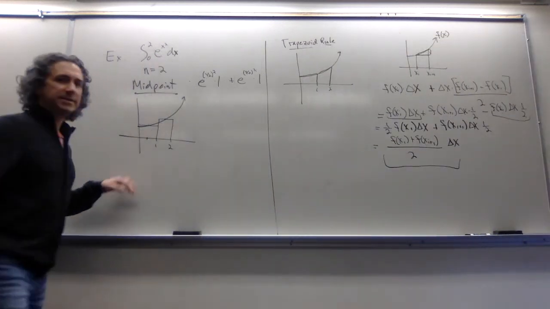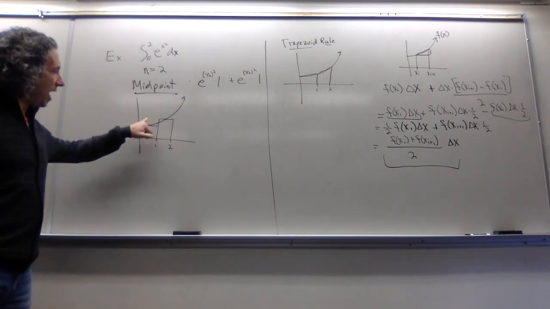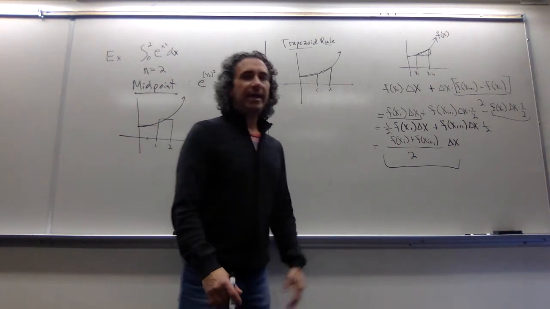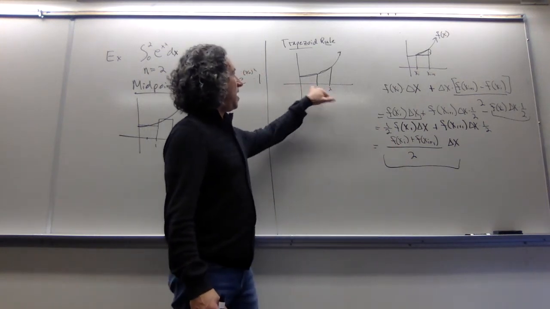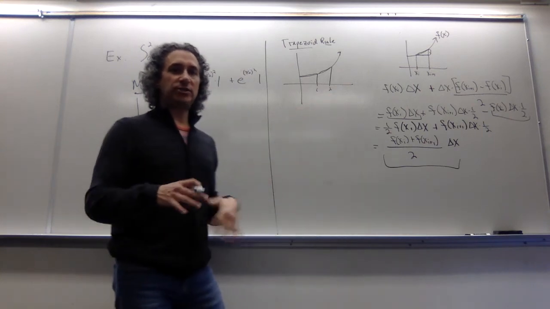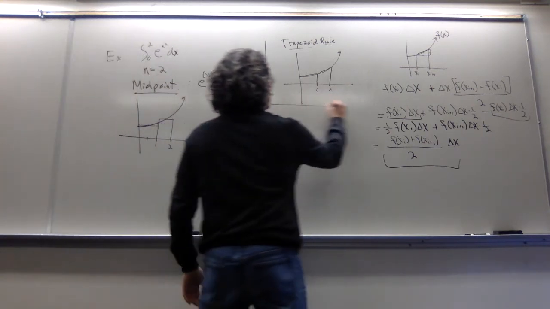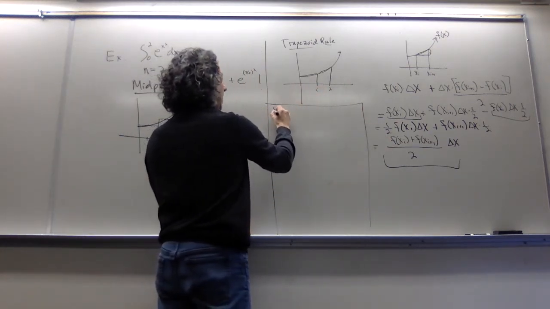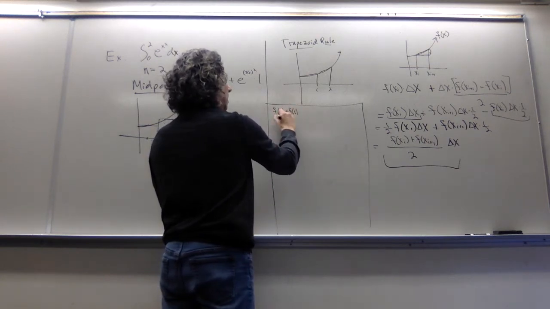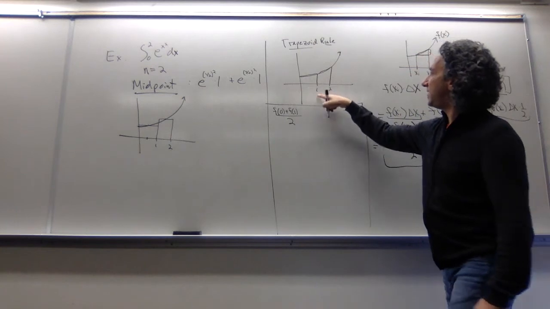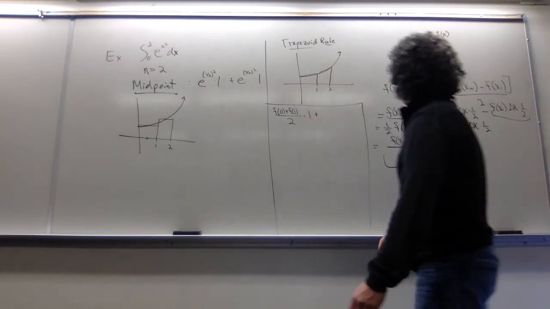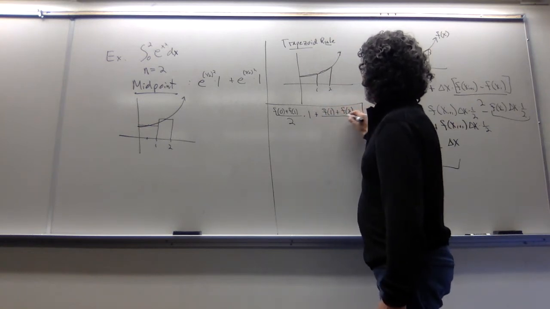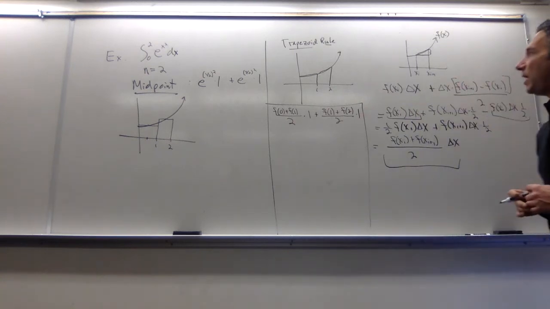Well, the midpoint rule, what this is doing is we are using the y value halfway between the interval. What is the trapezoid rule doing? It is literally taking the average of the y values for each interval. So in other words, for this example that we had here, I would need f of 0 plus f of 1 over 2, times my delta x, which is 1, plus f of 1 plus f of 2 over 2 times my delta x, which is once again 1.